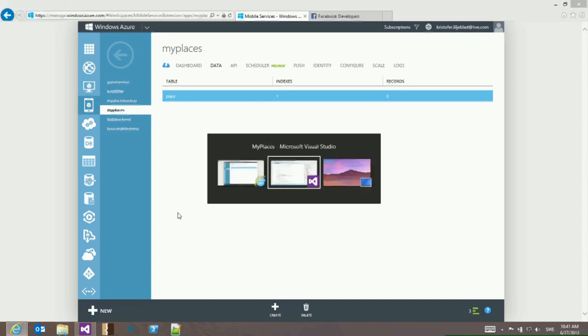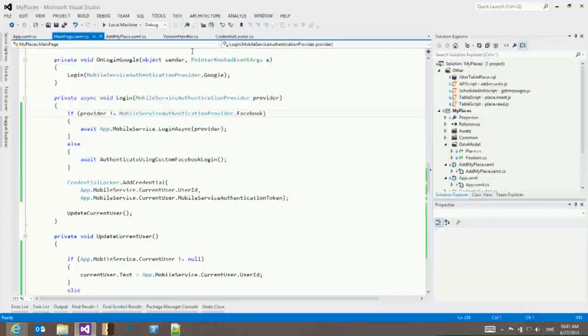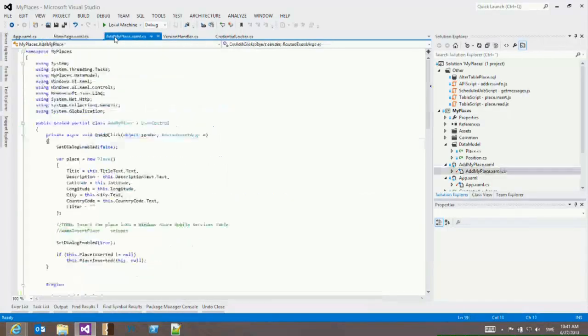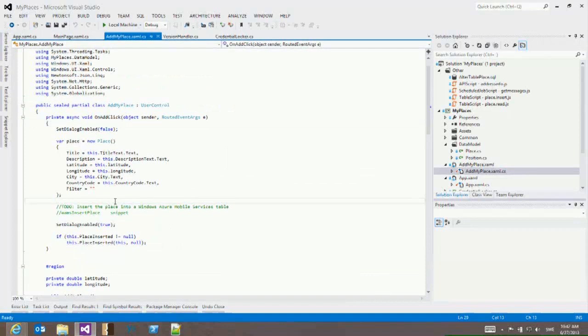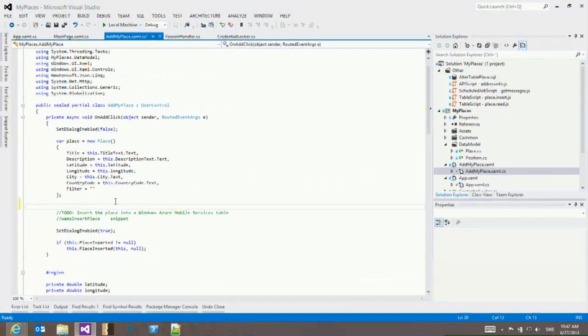So if we go back now to my application and look at the add, where we add our places. So this is the dialog. When I click add, this happens. So I just collect the information and I save all of those data that's been entered in a place class. And what I want to do here is